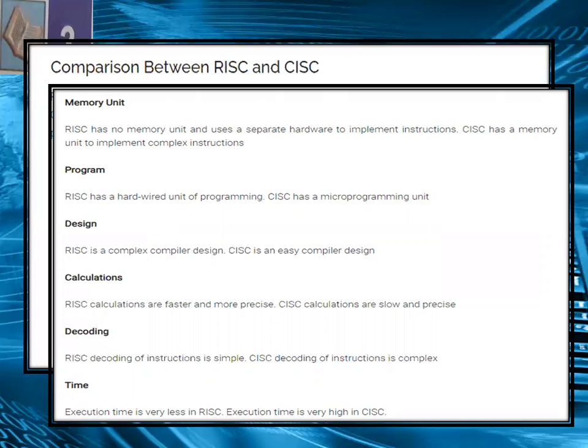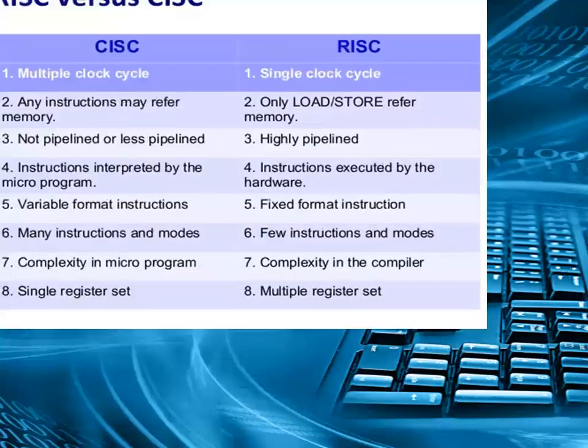Decoding: RISC decoding of instructions is simple. CISC decoding of instructions is complex. Time: execution time is less in RISC. Execution time is very high in CISC architecture. So dear students,